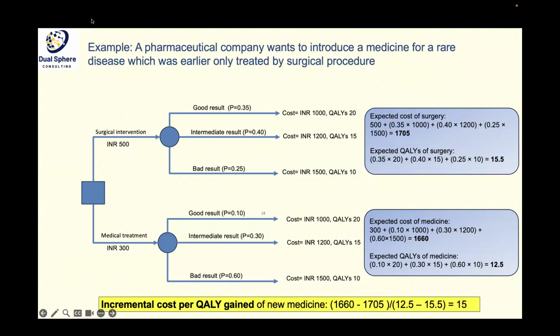Okay, how much the patient is willing to pay to get additional quality of life. You can read more about willingness to pay. This is the concept which comes into picture when a new intervention is actually costing more. How much is it costing more? If it's only costing 15 rupees and the patient can afford to pay 15 rupees extra for a better quality of life, why wouldn't he or she pay? They would pay, right? So this is the reason why